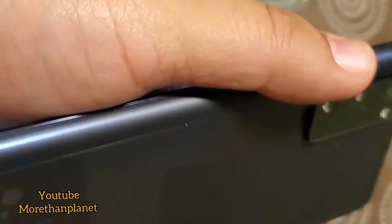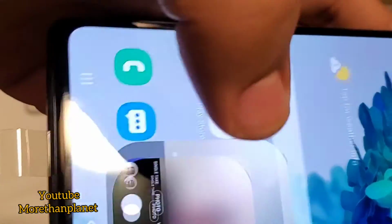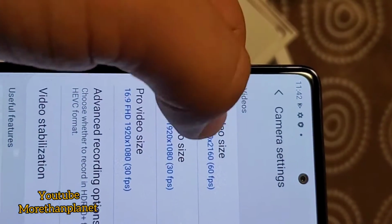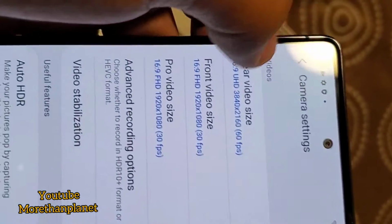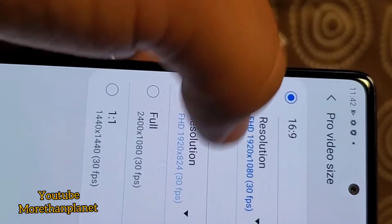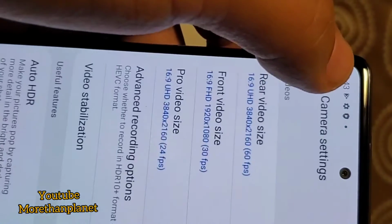That's it, guys. This is the S20 FE, really nice phone. And also the camera. Okay, this video. You can record up to 4K at 60 FPS, so it's not really bad. It's nice. You have the Pro video, 1080 at 30 FPS. You can also record 60 FPS. You can record also 24, 30, and